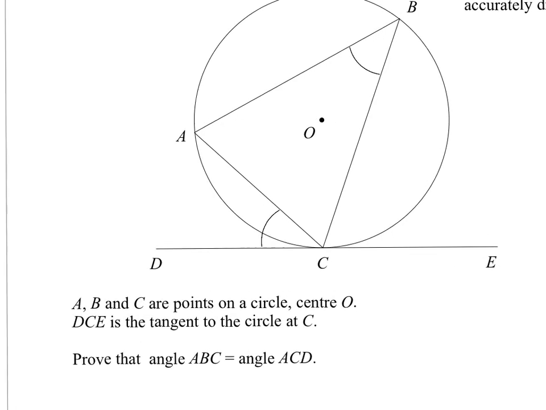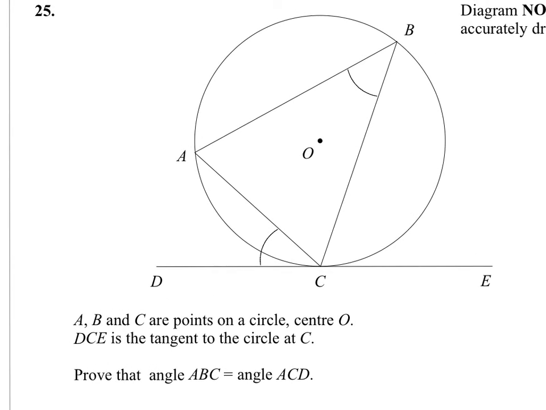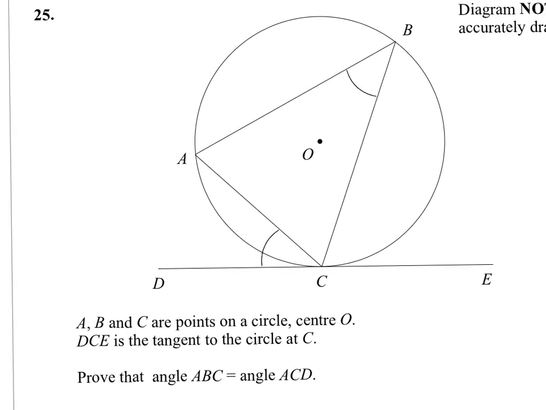Okay, so this is a circle theorem question. What I've got to do is prove that this angle here is the same as this angle here. So let's just call that x there. I know that if I drew a straight line down,